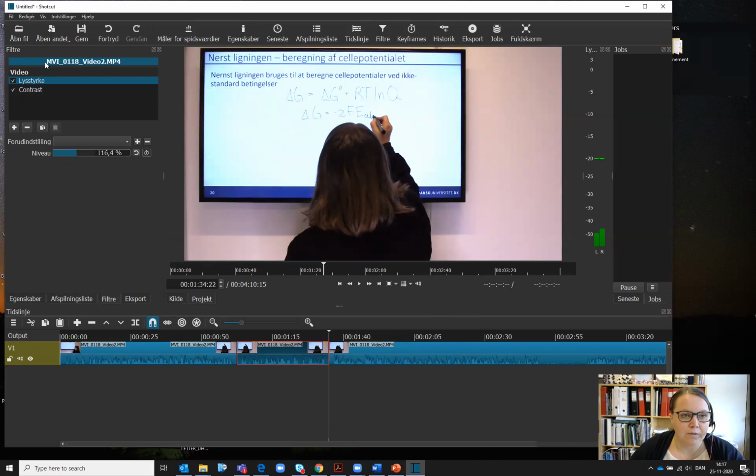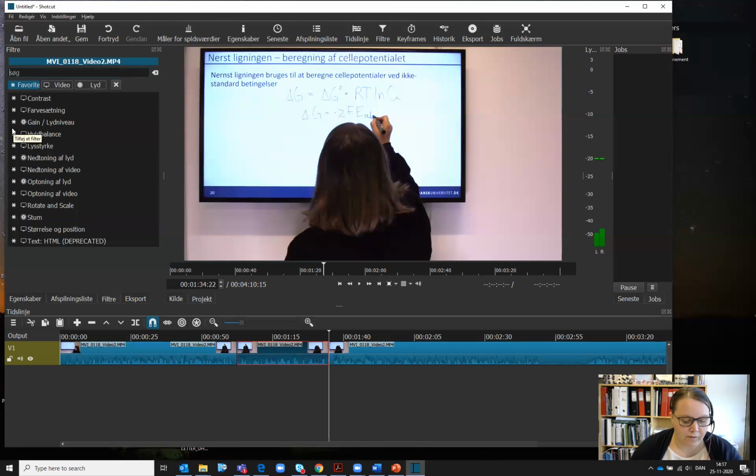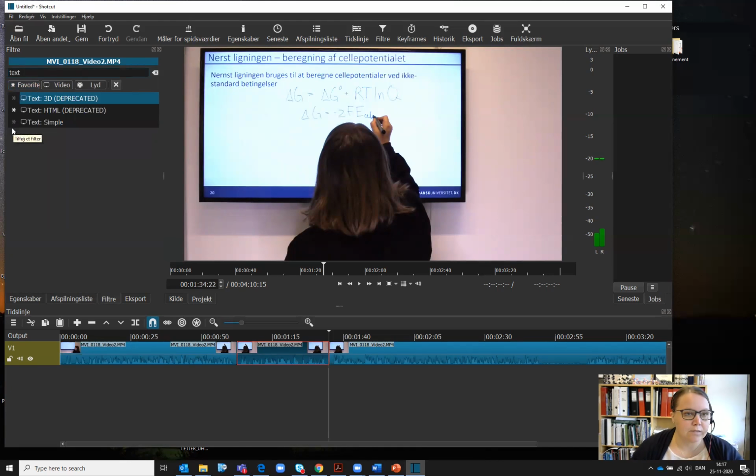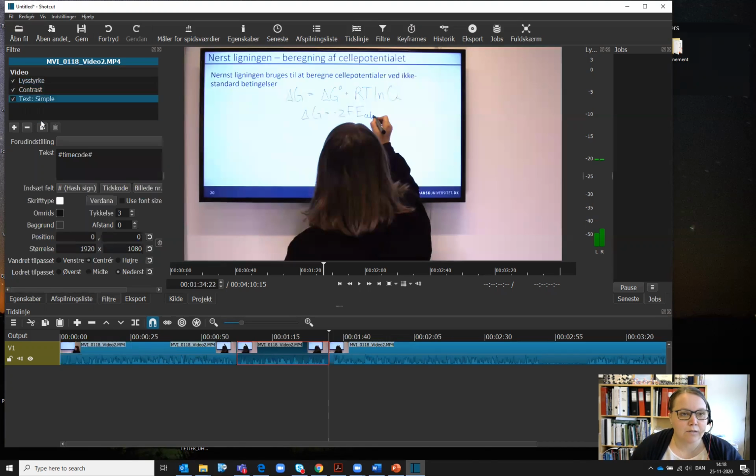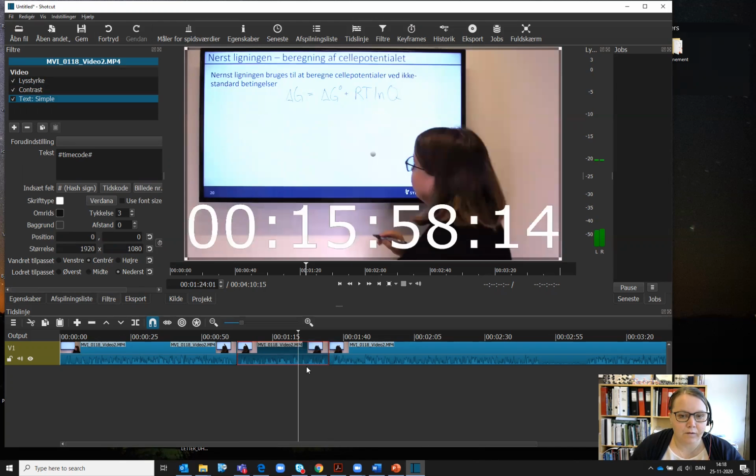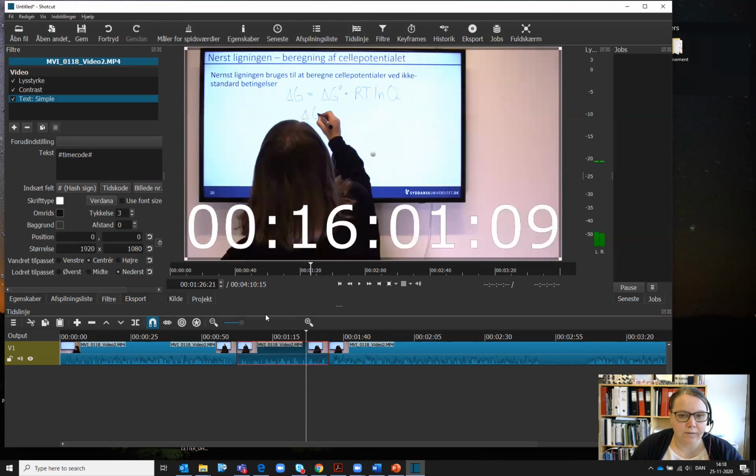And then up here in filters, I press on the plus, add a filter. And if I just write text here, it gives me this option of text symbol. And then down here, I can change the text. So I need the cursor here to be on the selected clip.